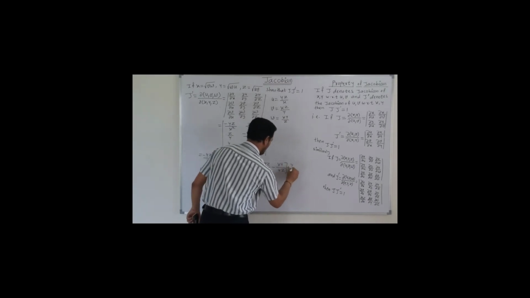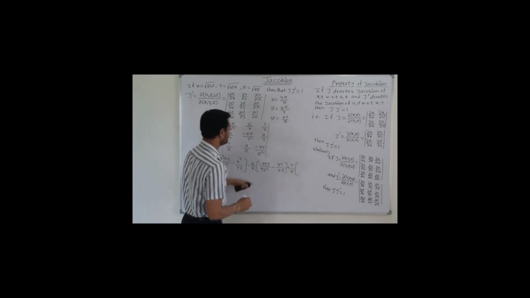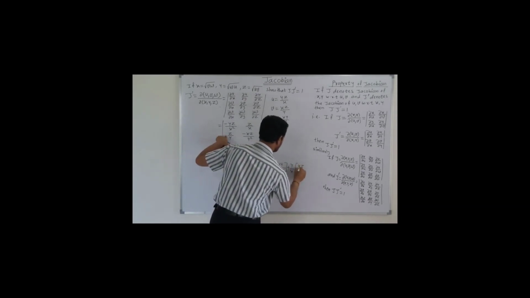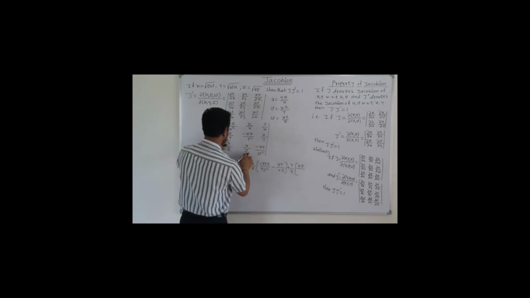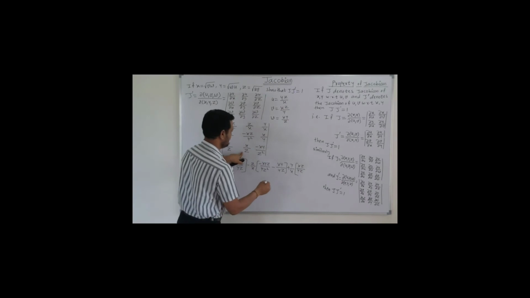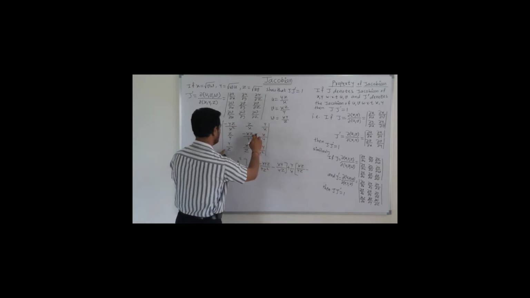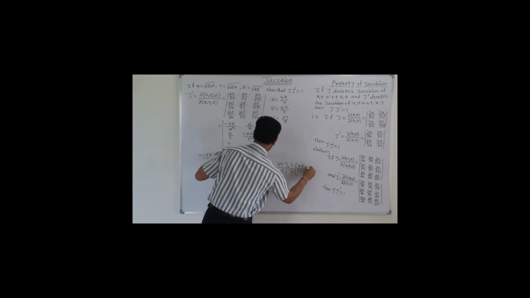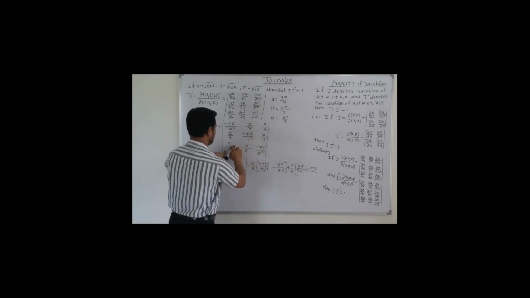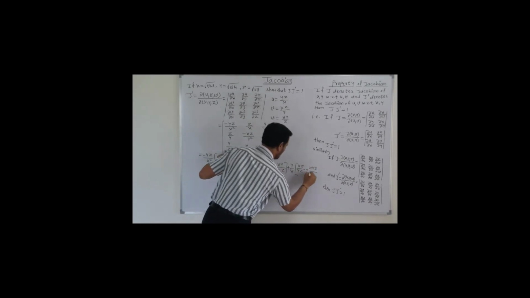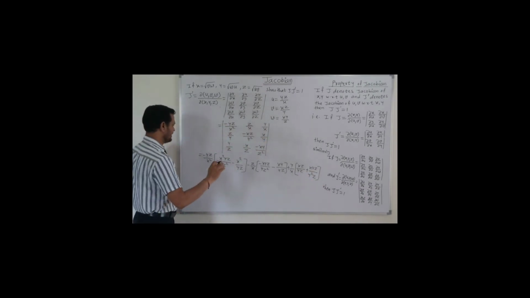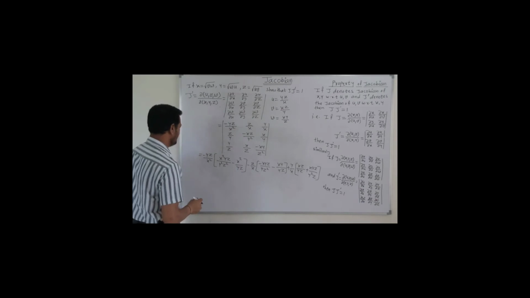Plus, this is y upon x. Then the product of these two terms, xz divided by yz, so this is xz upon yz. Minus, the product of these two terms, so minus minus is plus xyz, so this is xyz divided by y square z. So now if we try to simplify this term, then